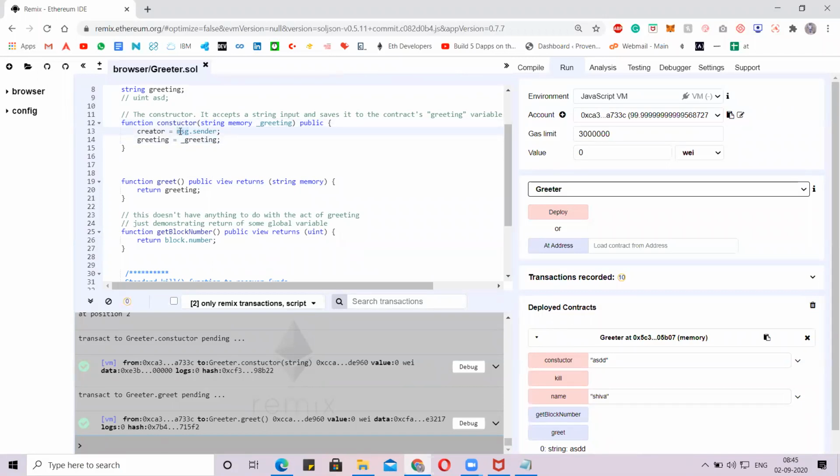Remember guys, the account with which we have deployed is transferred to the creator here. Next, from the state variable we are assigning the data to the global variable.